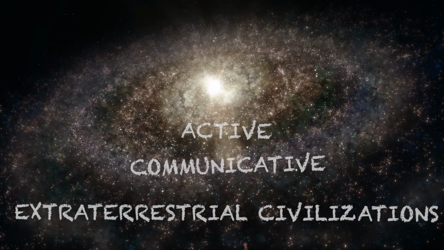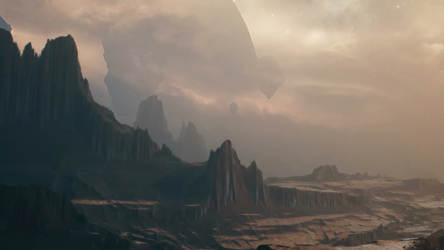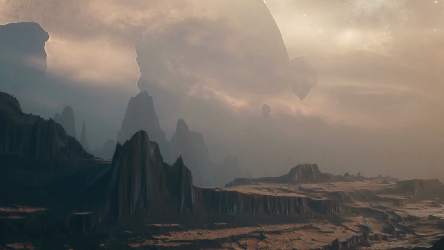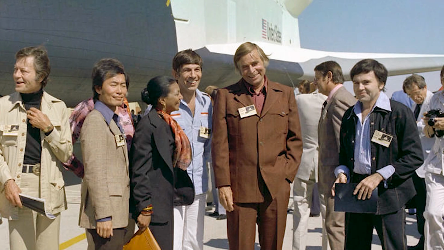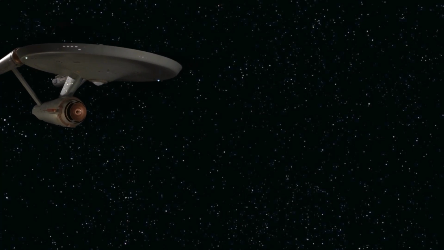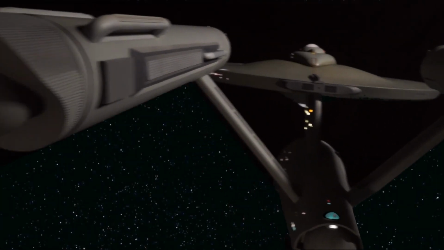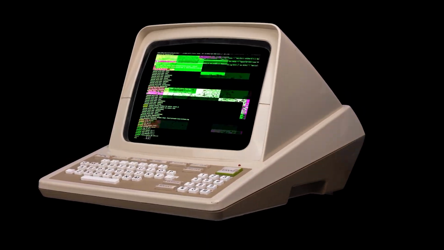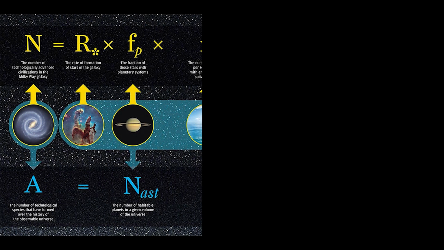While the Drake equation has not led to scientific proof of extraterrestrials, one of its more famous uses was by Star Trek creator Gene Roddenberry. He cited the Drake equation in his proposal for Star Trek to support the idea of having numerous inhabited planets. However, not having committed the equation to memory, and remember, this was in pre-internet days, so he couldn't just Google it, Roddenberry was forced to invent his own.